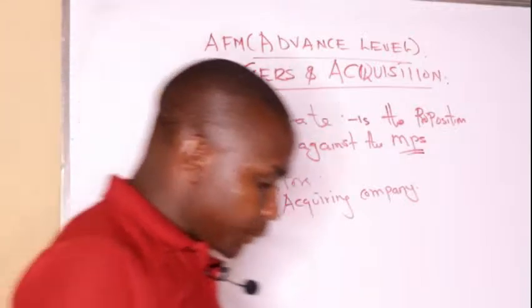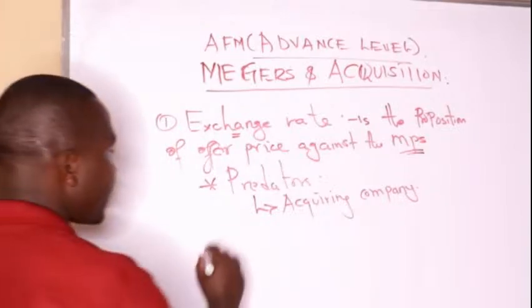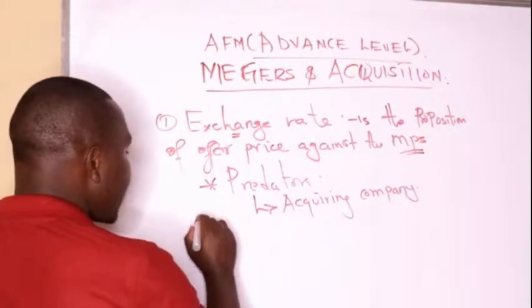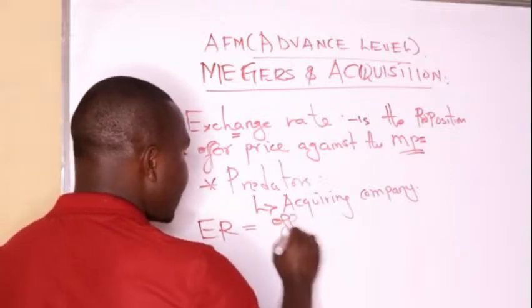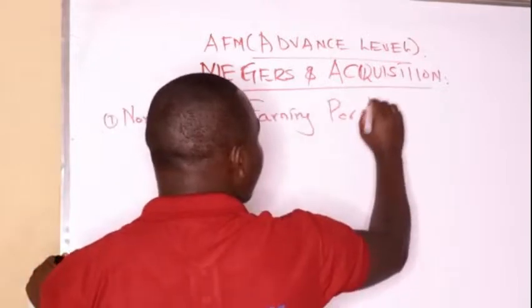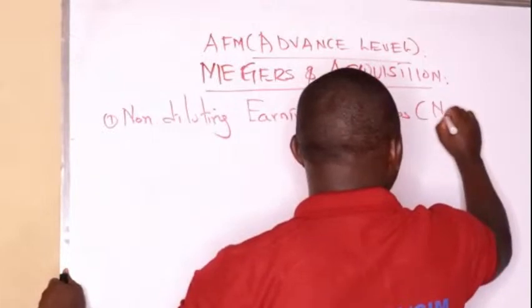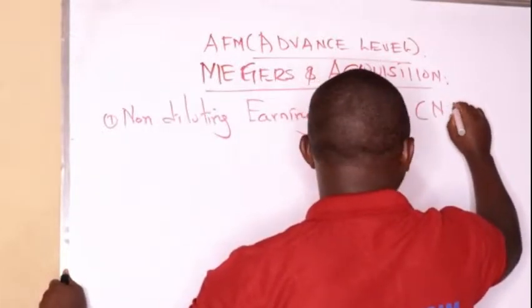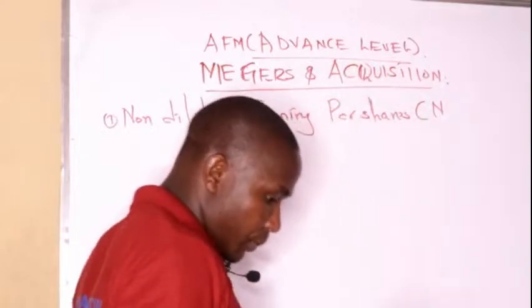Then, what is the formula of the exchange rate? To get the exchange rate, my good student, we take the over price in bracket. You can call it DOP or